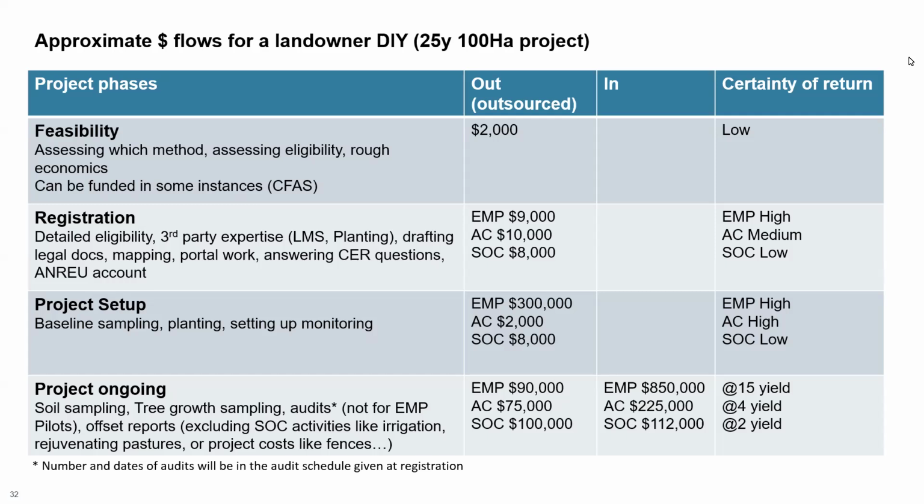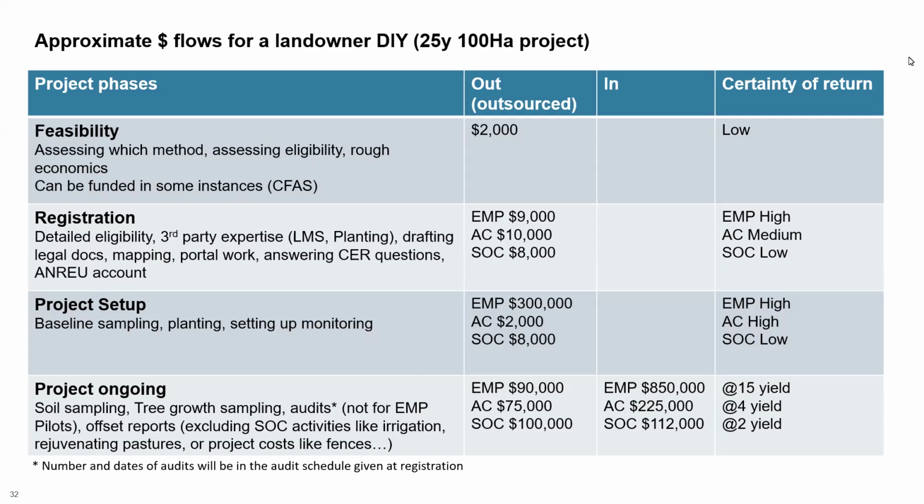So basically, you're looking at $90,000 for EMP, a little bit more expensive than avoided clearing, because you have some tree sampling to do, if you have a specific calibration, not if you have a generic calibration. Soil carbon is more expensive because of the requirement to do the soil sampling. Right. So those are the costs. You can see that it adds up, and it goes up when you're getting closer to the real thing, and the landholder will spend all that money until finally,